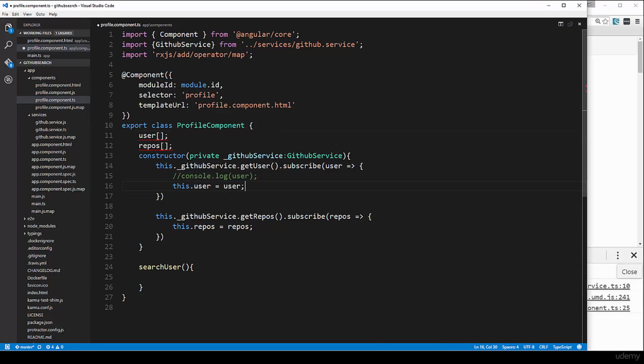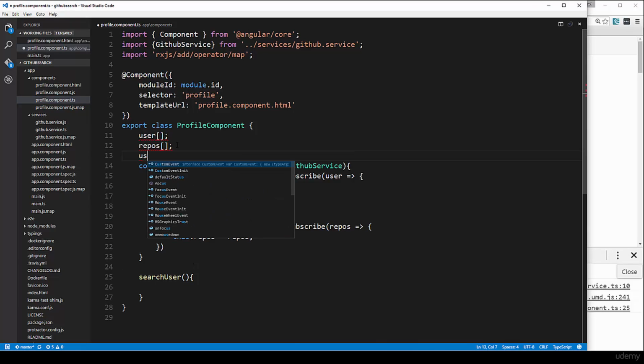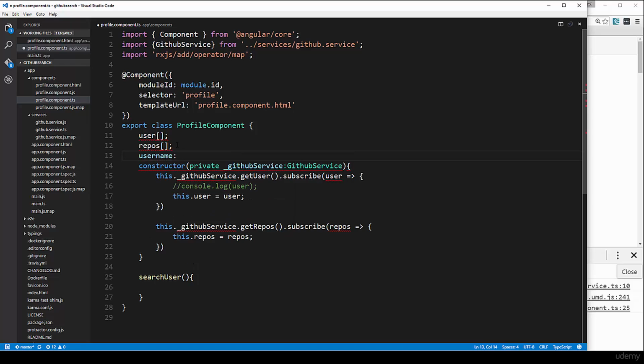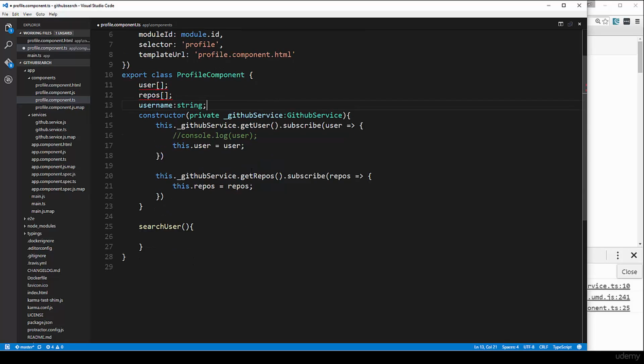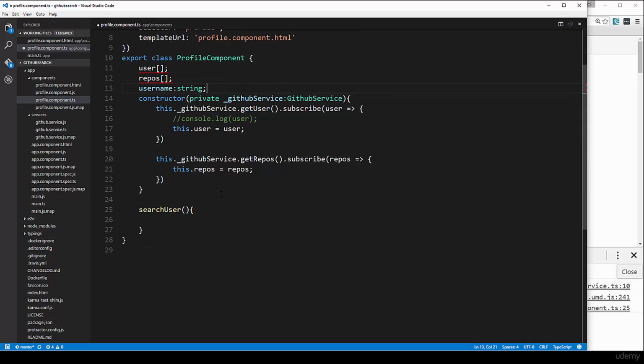And what we want to do is add a username property here as well. So we're going to say username string, and then we're going to have to call another service function that we'll call update user, because we need to update that username that we have, which is just hard coded right now. So let's go down here and say this dot underscore GitHub service dot update user, and in here we're going to pass in this dot username,